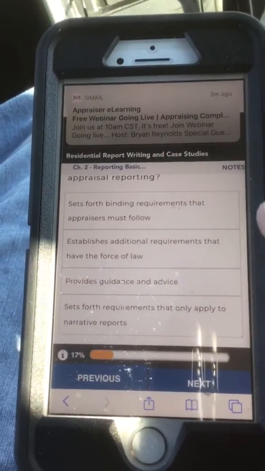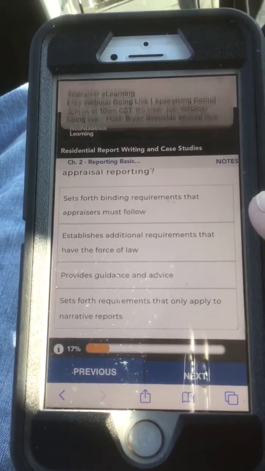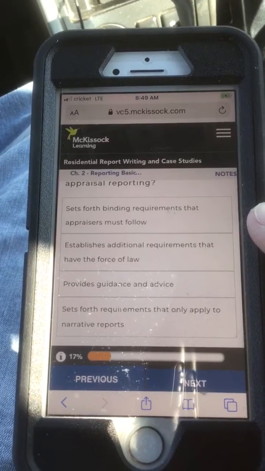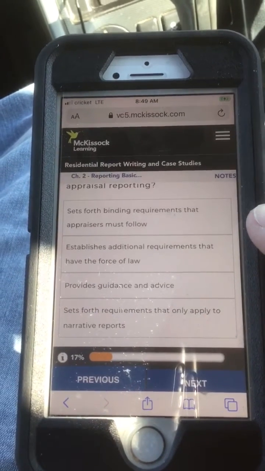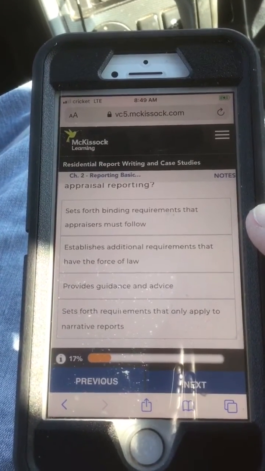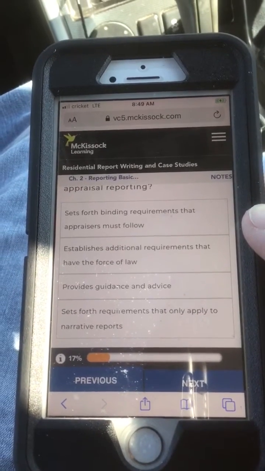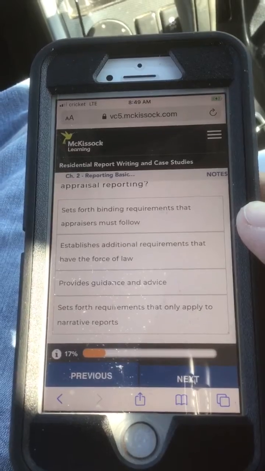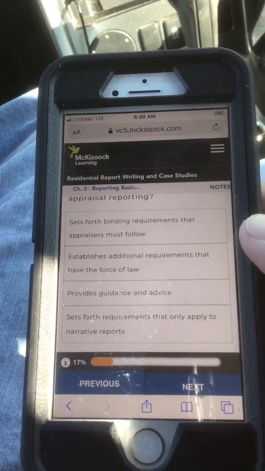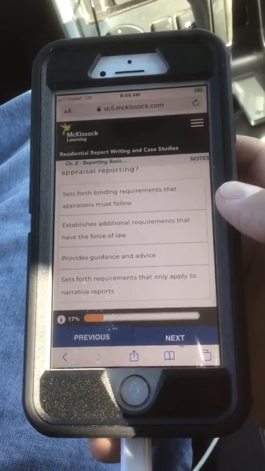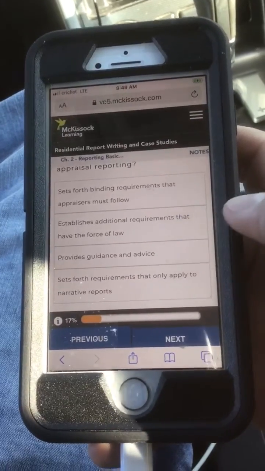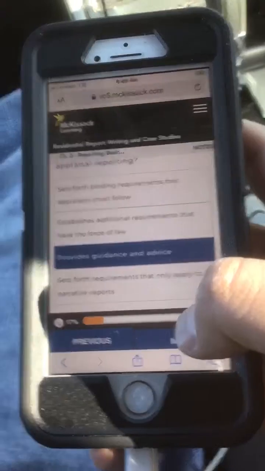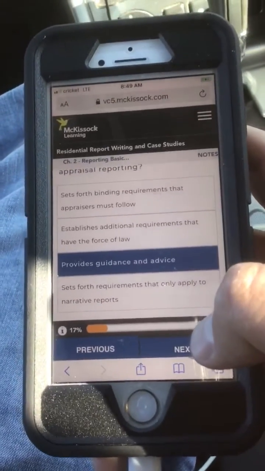This one's hard. It's either C or D, but I'm going to go out on a limb and go with C.